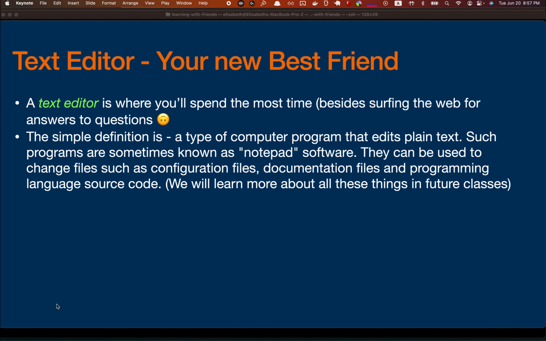So you might ask, okay, I want to write some code. Where do I write it? Do I write it in Word? Do I write it in Google Docs? No, you write it in a text editor. So the first thing we'll do next week is I'm going to ask you all to download the text editor, but I'm going to show you around because that is going to be where you play. That's where you write code. It helps autocomplete things. It has special highlighting. Like I said, it has all these color themes.